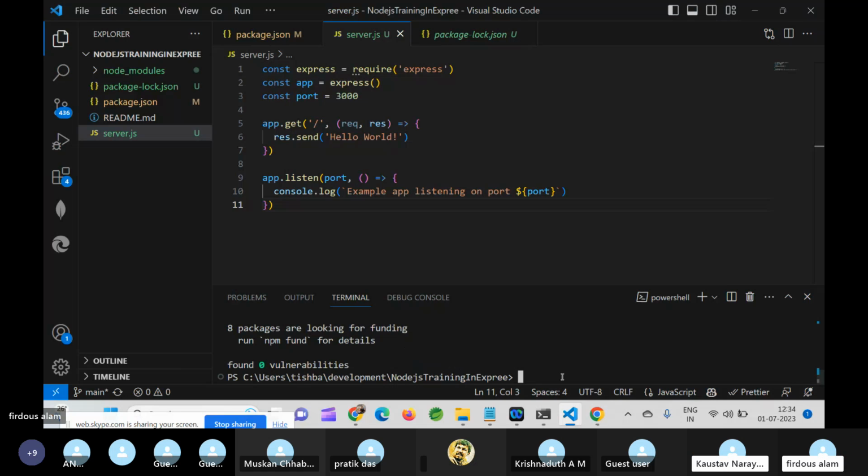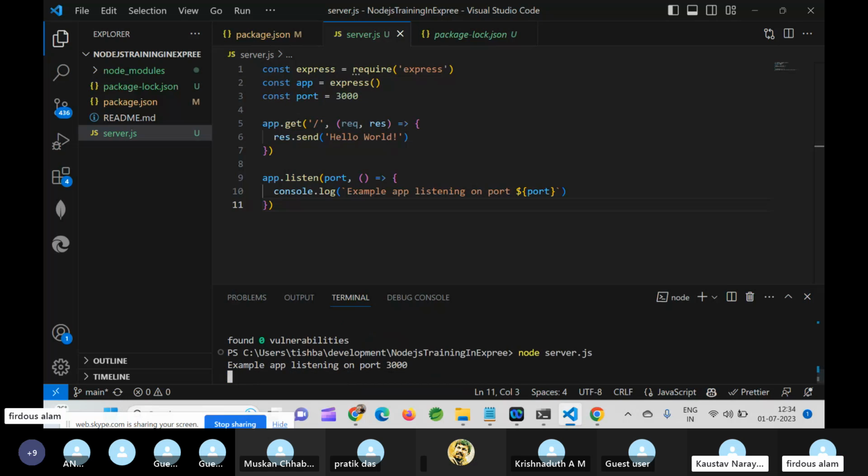There are several ways to run the code. One is directly by giving node, space, the file name which we want to run. This is one of the very common methods. Once we run this command, it's logging this portion, right?